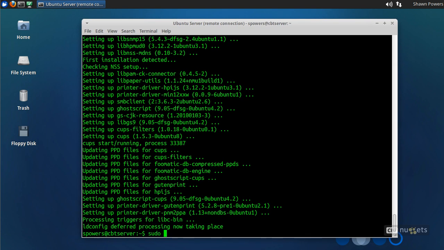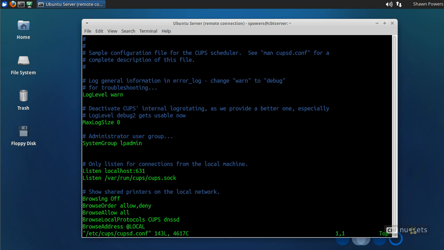We're going to go into /etc/cups, and we're going to edit the cupsd.conf file. So /etc/cups/cupsd.conf, for daemon. We're going to edit that file, and we're going to change a couple things. One is Listen. Now, we've been talking about Unix terminology for quite a while, so hopefully this is something you can already guess what we're going to do. By default, it's told to listen only on localhost port 631. We want it to listen on all of the IP addresses, including the public IP address that we have,